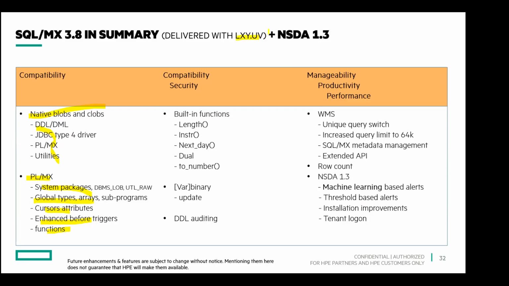And then another thing you see in this slide is the Nonstop Database Analyzer 1.3. And you see in this corner, the features that are coming. One feature I have slightly tried to embolden is called machine learning based alerts. So NSD Analyzer keeps raising alerts. We are releasing new types of alert based mechanisms in this release. One is the threshold based alerts you see in the second bullet, and the other is machine learning based alerts.